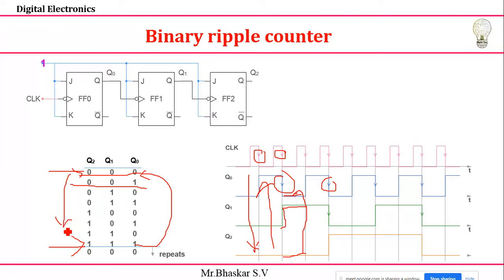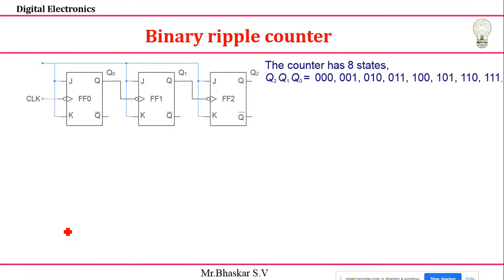And then how to design the next one, we will design a binary ripple down counter. Then what is the difference? Let's move on to the next concept, the binary ripple down counter. I'm going to take the same circuit for the modification. Before going to that, you can see that if you take any one of the counters, the count values are 000, 001. Totally, 0 to 7 means I'll get 8 states. I have 8 states.